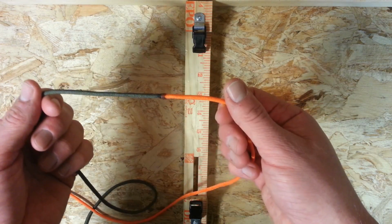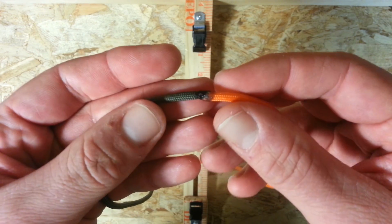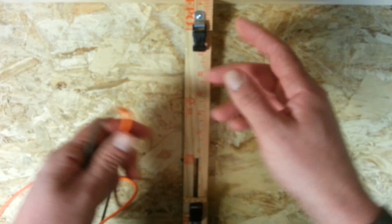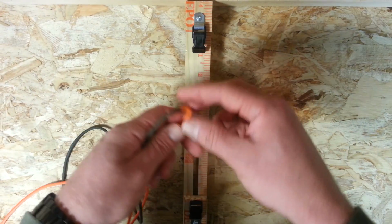So I have two lengths of paracord here that I've joined, just a simple melted join. Look at some of my other videos for how to do that. I'm going to start leaving that out as we go through the playlist. It's just a bit of extra time. And I have a basic jig set up here. You can do this just as easily freehand, so don't feel that you need one of these to do this